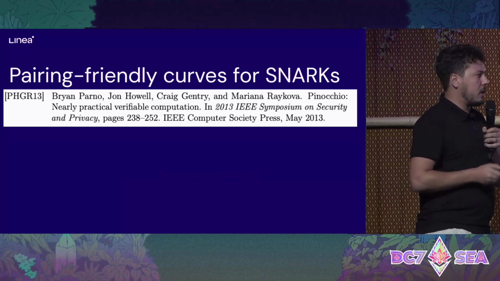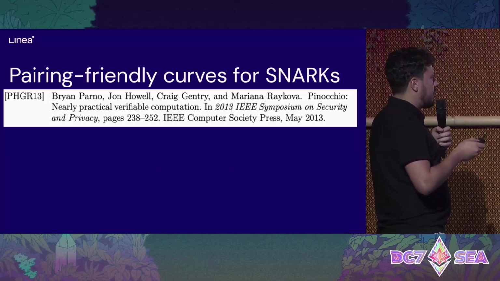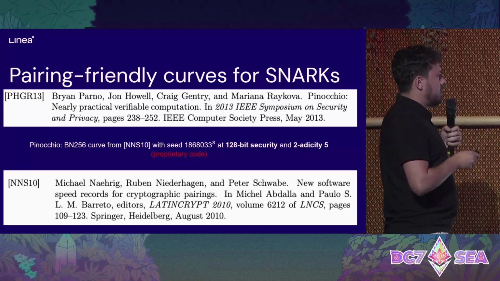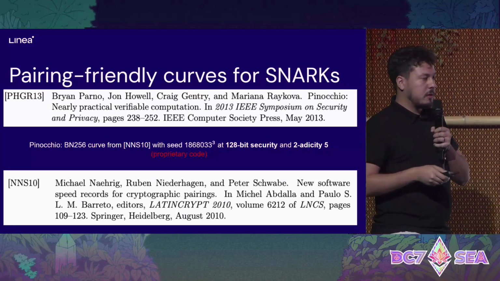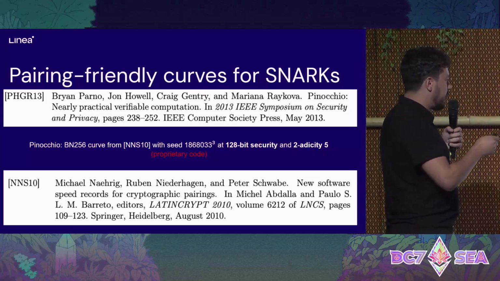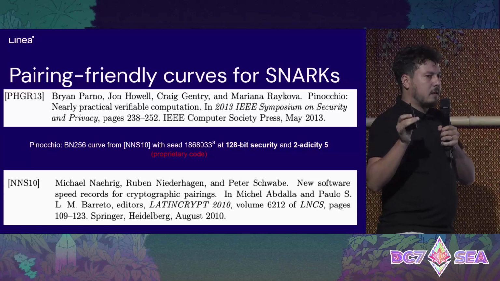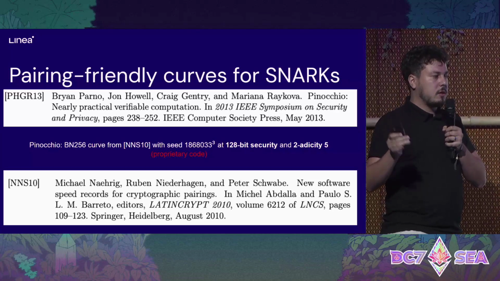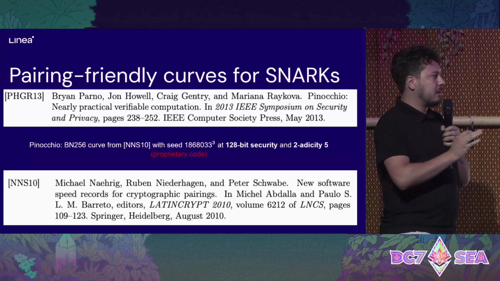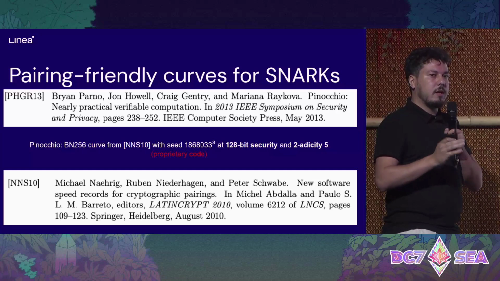having implementations. And the first implementation I'm aware of is this paper called Pinocchio. And when I looked at the code, it was proprietary, still now. But they used a BN256 curve from another paper in 2010 by Naehrig et al. And it had 128-bit security at that time and 2-adicity 5. So the term was not coined at that time, but it just means, for now, let's say,